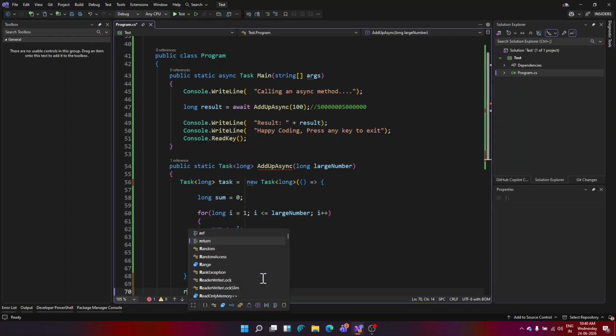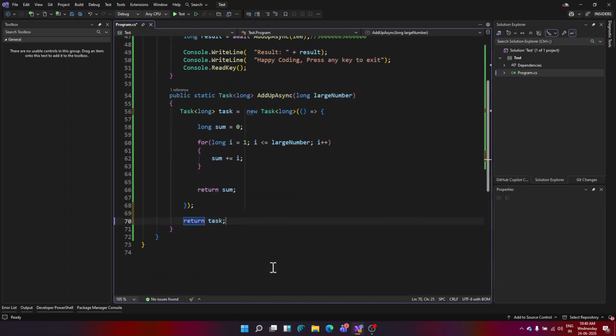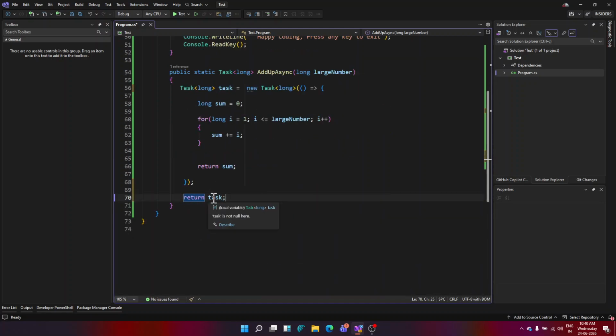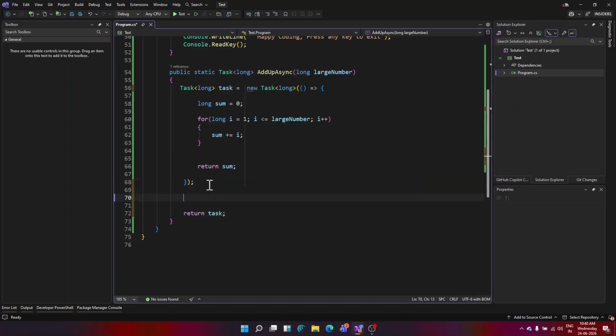Now finally, you got to be returning that task. I'm sorry, I did return the task earlier. We need to be returning the task because the return was taken out. But before I return, I should have started the task. Starting the task is similar to starting the thread that is wrapped up by this task. So a task inherently has a thread wrapped up within it, and that thread will call this function.